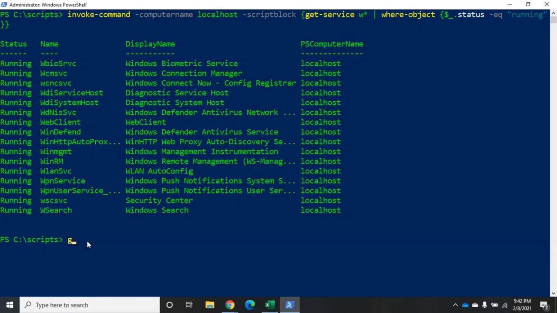If I run the command locally, Get-Service w*, pipe that, there we go. Where-Object, it doesn't really matter if you have the space between the pipe and the Where-Object or not. I just like it because it makes it easier for me to read. Open script block, $_.Status